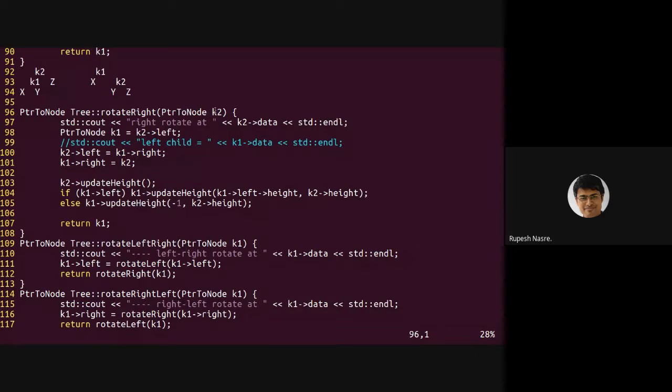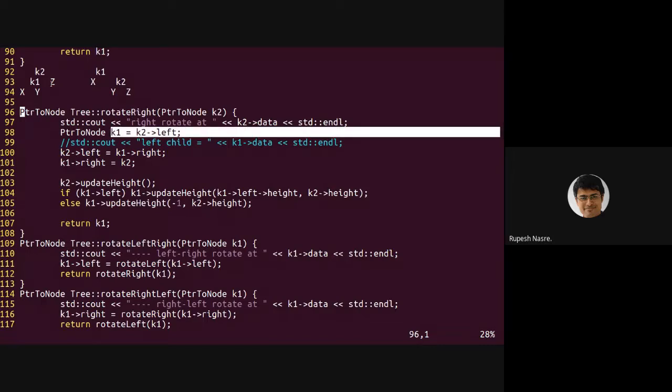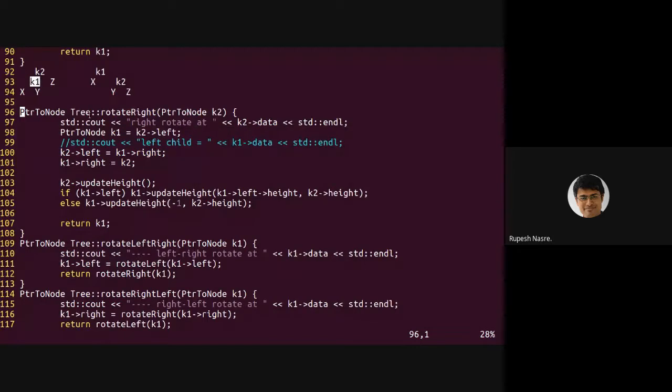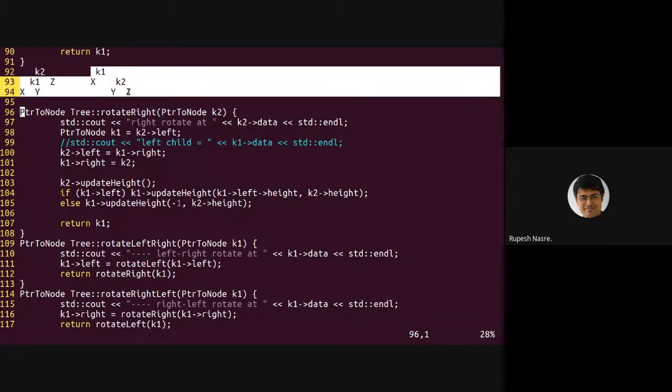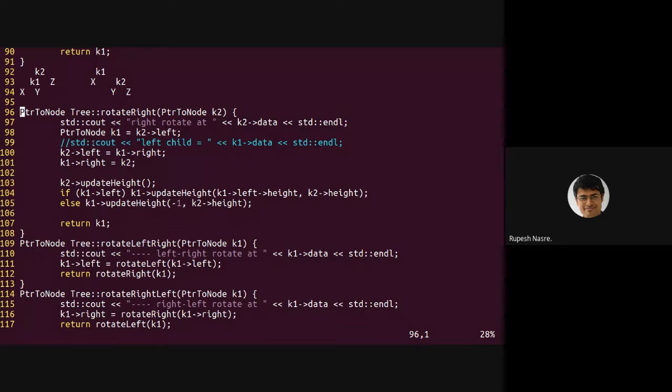So K2 is the root node that is being passed, right? That is where the rotation needs to happen, right? So this is rotate right, so single rotation. K1 is the one which is on the left, which is what we have here. So we do a pointer manipulation to do the rotation, which is what is happening in the second tree. What does it do? It says that K2 arrow left, which was actually K1, we have a pointer to K1 that we have stored, so we can update K2 arrow left. That is now K1 arrow right, so that maintains the BST property.